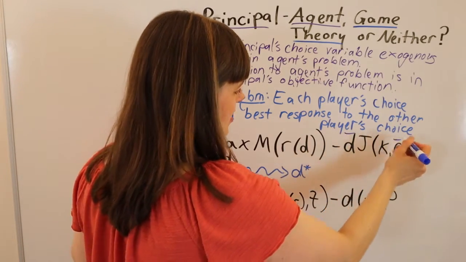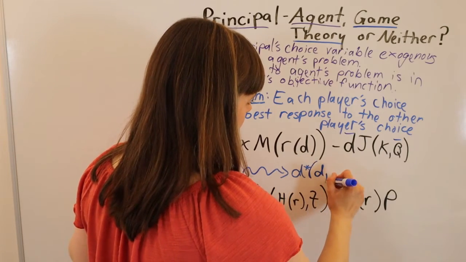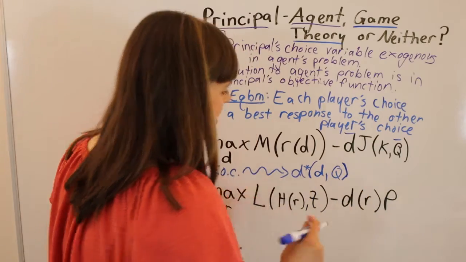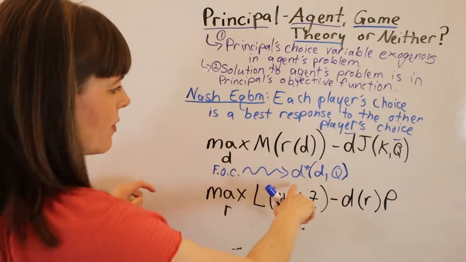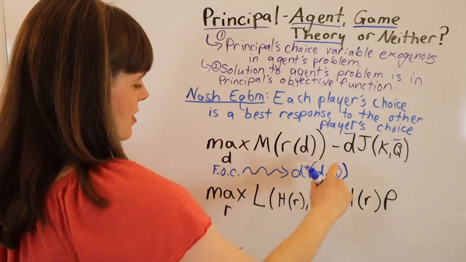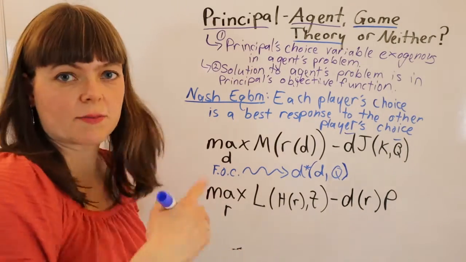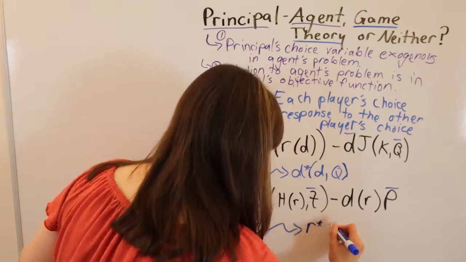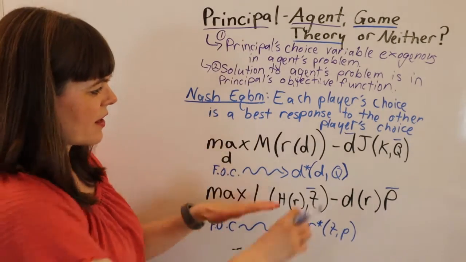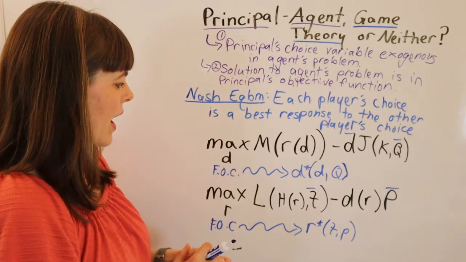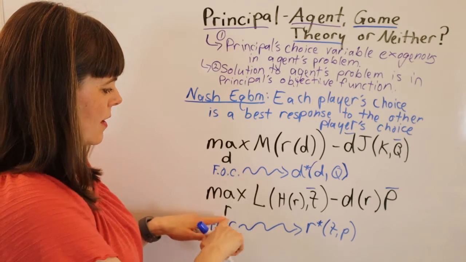Well, we've got a couple of exogenous variables, and I may need to add a little bit of information here, but let's just go with what we know so far. So here we have D star as a function of D and Q. And we take the first order condition of the second problem, we get something similar. Okay, so nothing looks yet like it's a best response to a best response,